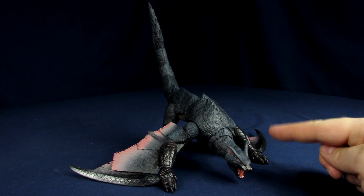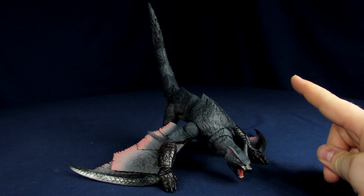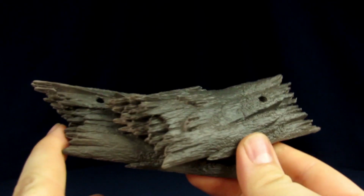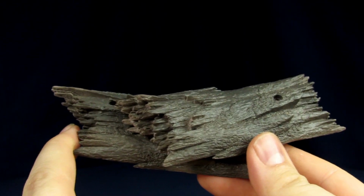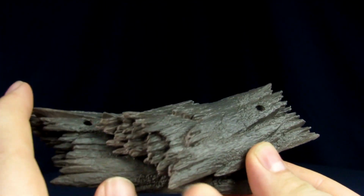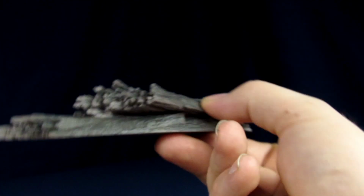First and foremost, it's got some accessories, starting with... What's his name again, Steve? Nargacuga. I'm not even going to try to attempt that. Probably for the better. So for the first thing, he comes with some wood. Alright, I wasn't going to say anything, but Steve had to go there. It's literally what it is. It's some like broken...